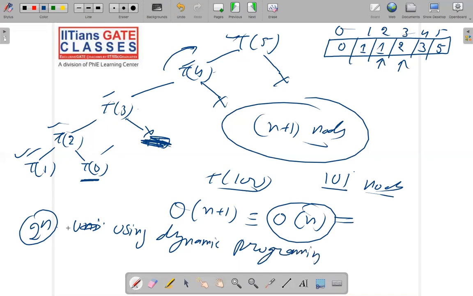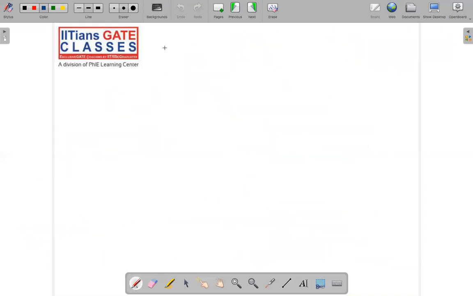We reduce the effort from 2 raised to power n to order of n. See how big that effort is. Okay, so this much time complexity we reduce. So for Fibonacci series,